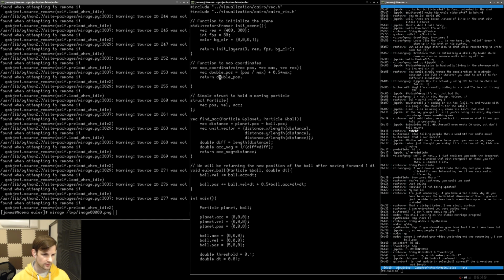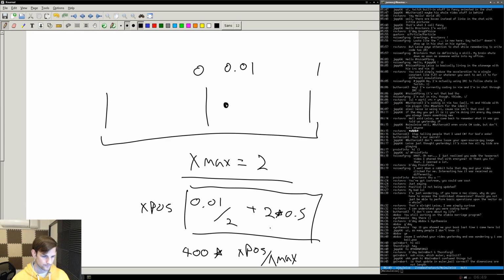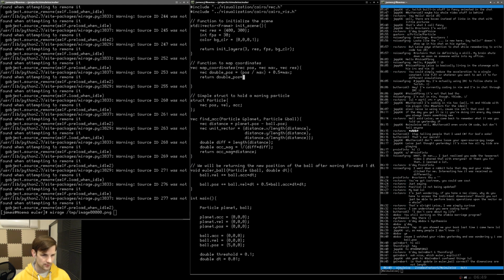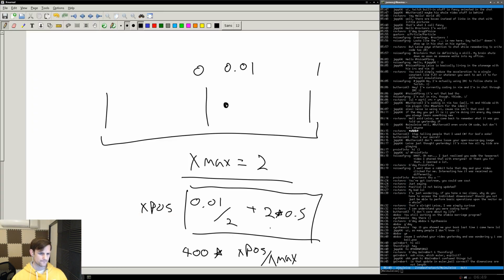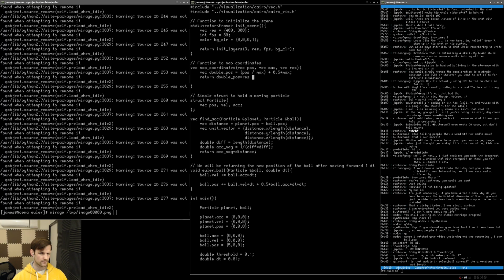Actually, it should just be double position times, and I guess it's going to be vec resolution. One second, resolution, and then we want one more thing, which is going to be plus x position over x max. So it should be plus,